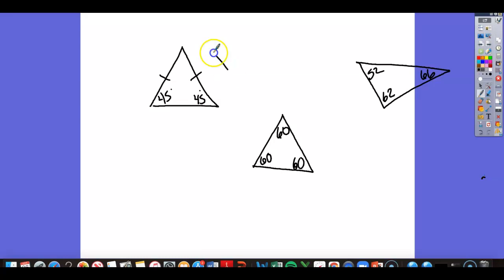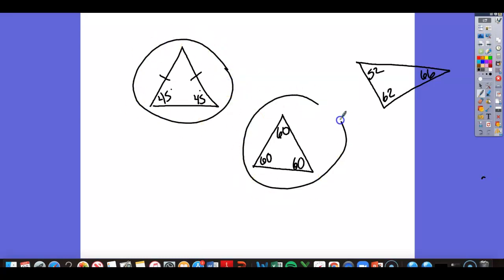If it has 2 congruent angles, it has 2 congruent sides. If it has 3 congruent angles, then it has 3 congruent sides. Right? How come the 66